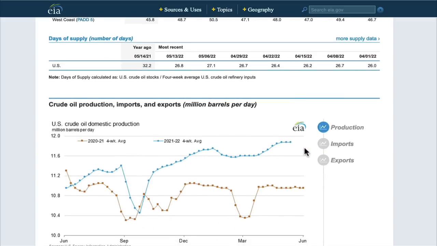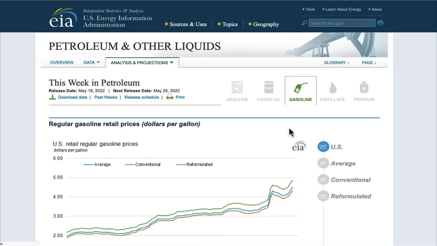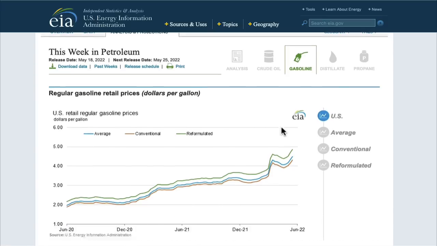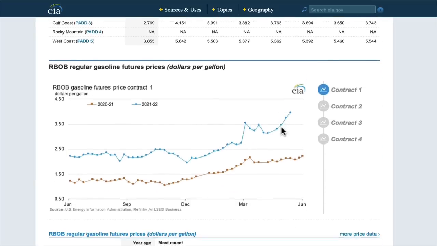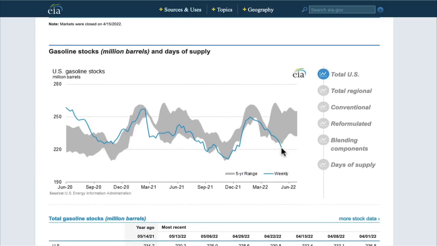Let's go up here. Let's look at gasoline now. When we look at gasoline inventories, it's even more shocking. So let's find the inventory chart. Look at that. It's not even going sideways. It's just diving straight down. And we should be somewhere in this range. In fact, if it were a balanced market, you'd be somewhere in the middle of the 5-year average. You would then say, it's neither oversupplied nor undersupplied. But look at where we are, and we're going into the busy driving season.